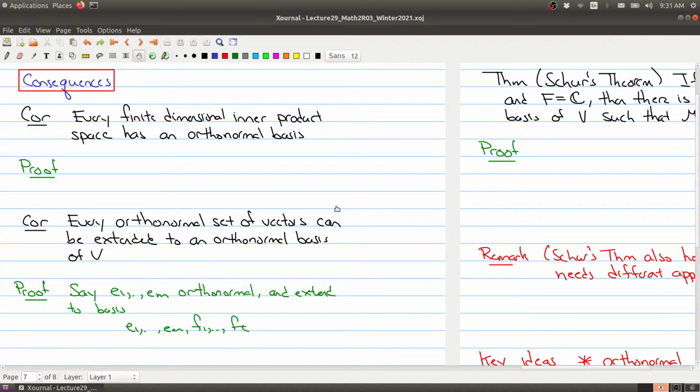So welcome to our last part of lecture 29. In this part, I want to talk about some consequences of having the Gram-Schmidt theorem. They're going to be very useful to allow us to make some general statements. Okay, so the first one, and I think one of the more useful ones, is that